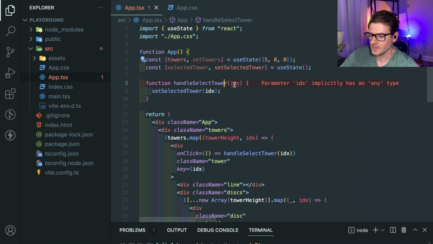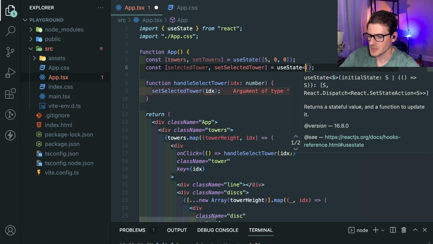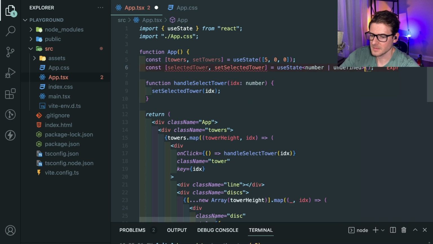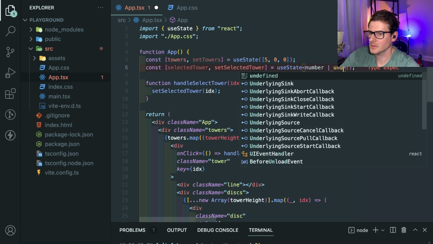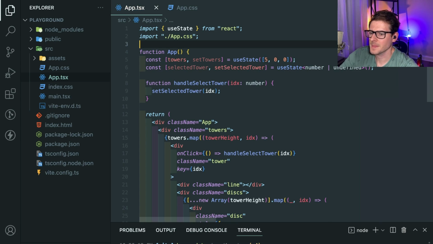We want to make this a number. And we also want to make this a state of a number or undefined. I think you can also say a question mark here. No? Okay. Sorry, my head's kind of blocking that. Anyway, so